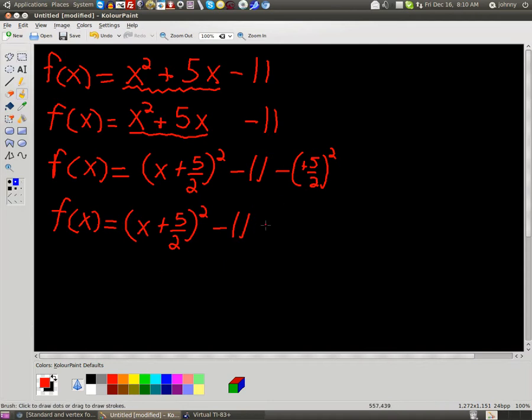So we're going to square the 5 halves. So this is going to be minus 25 over 4. Now the reason I get that is 5 squared is 25 and 2 squared is 4. Now if you're saying, hey, that's supposed to be positive, you're right, it is. It's positive 25 over positive 4, but on the outside it's being multiplied by this negative 1, so that's why the negative's there. So this gives us f of x